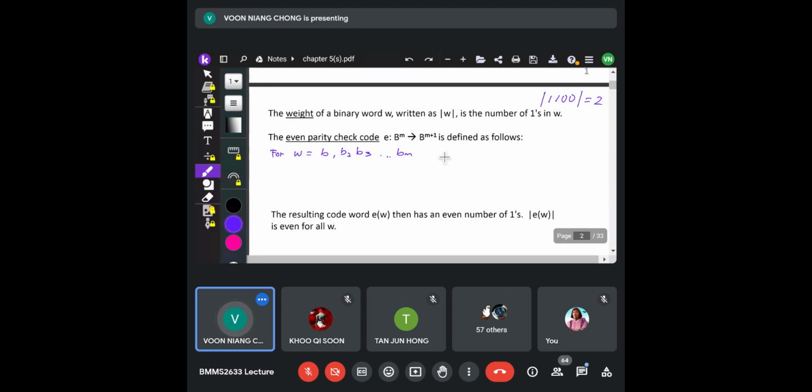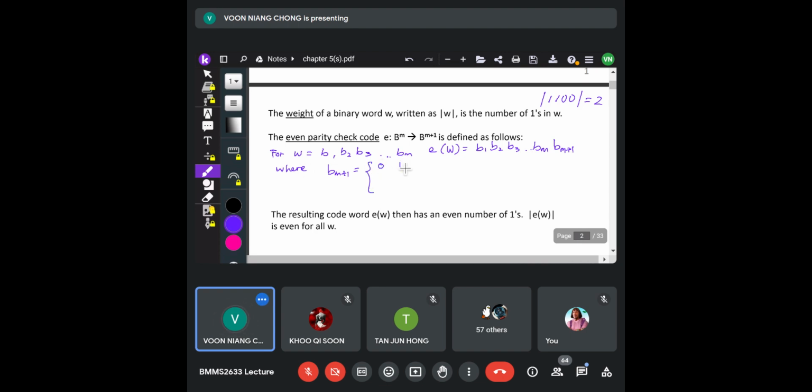So we will have E(w), which is the encoded word from B1, B2, B3 to Bm. Now we will have an extra bit at the back, B(m+1), where B(m+1) will be equal to